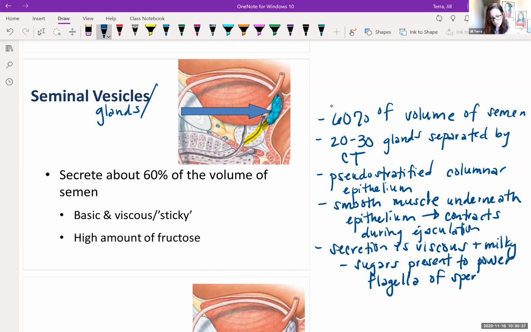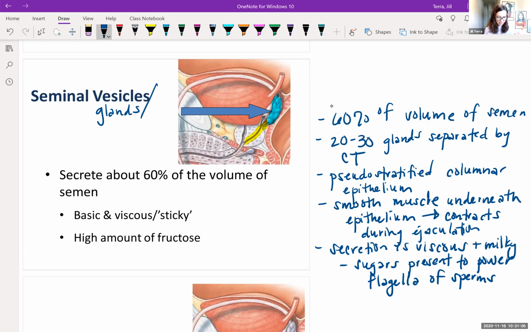Because they're basically doing like a 5K race in a way, and they have to go all the way up the uterus and two-thirds of the way up these fallopian tubes that we're going to look at. Okay, so they've got to have a lot of energy on hand. These are like little gels if you're an athlete, right? You do gels while you're running or something, right? So this is what's going to power those sperm cells